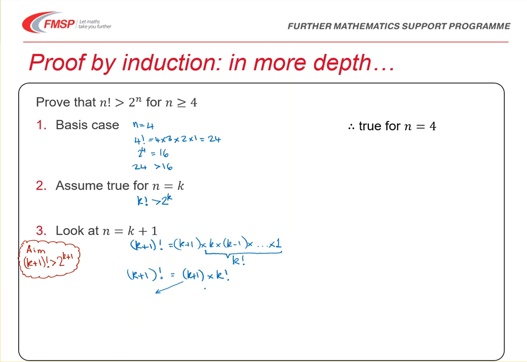Looking now at the 2 parts of this product, I can obviously say that k plus 1 is greater than 2, because k has to be greater than or equal to 4. Using my assumption from step 2, I know that k factorial is greater than 2 to the power k. So making use of both of these inequalities now, I can say that k plus 1 times k factorial is certainly greater than 2 times 2 to the power k,